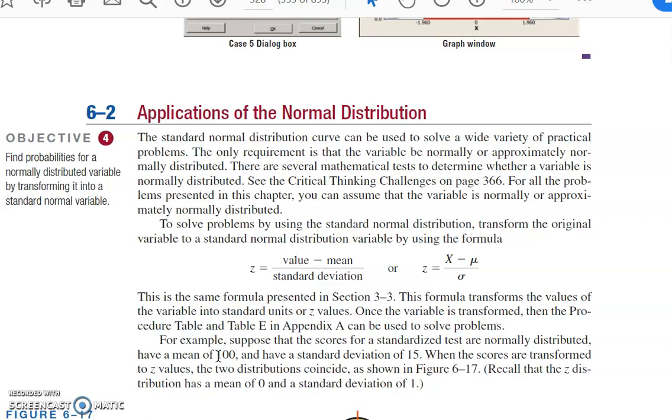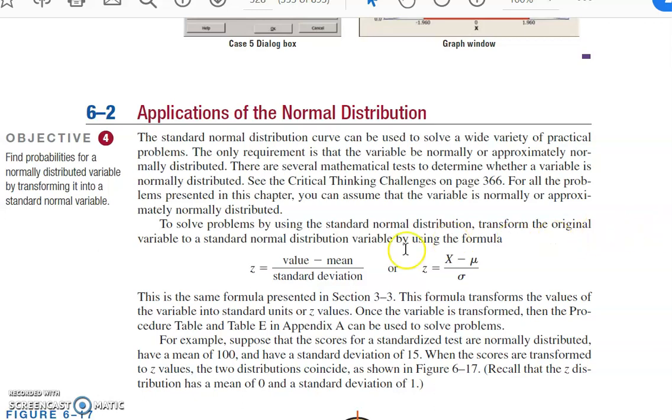Okay, so 6-2 is applications of the normal distribution. So in section 6-1, obviously we discussed what the normal distribution is. And we also talked about how the normal distribution can be considered as a probability distribution. Okay, so the first part here, the author always tries to give you a little bit of motivation. And I agree with everything he says. It's a very, very important